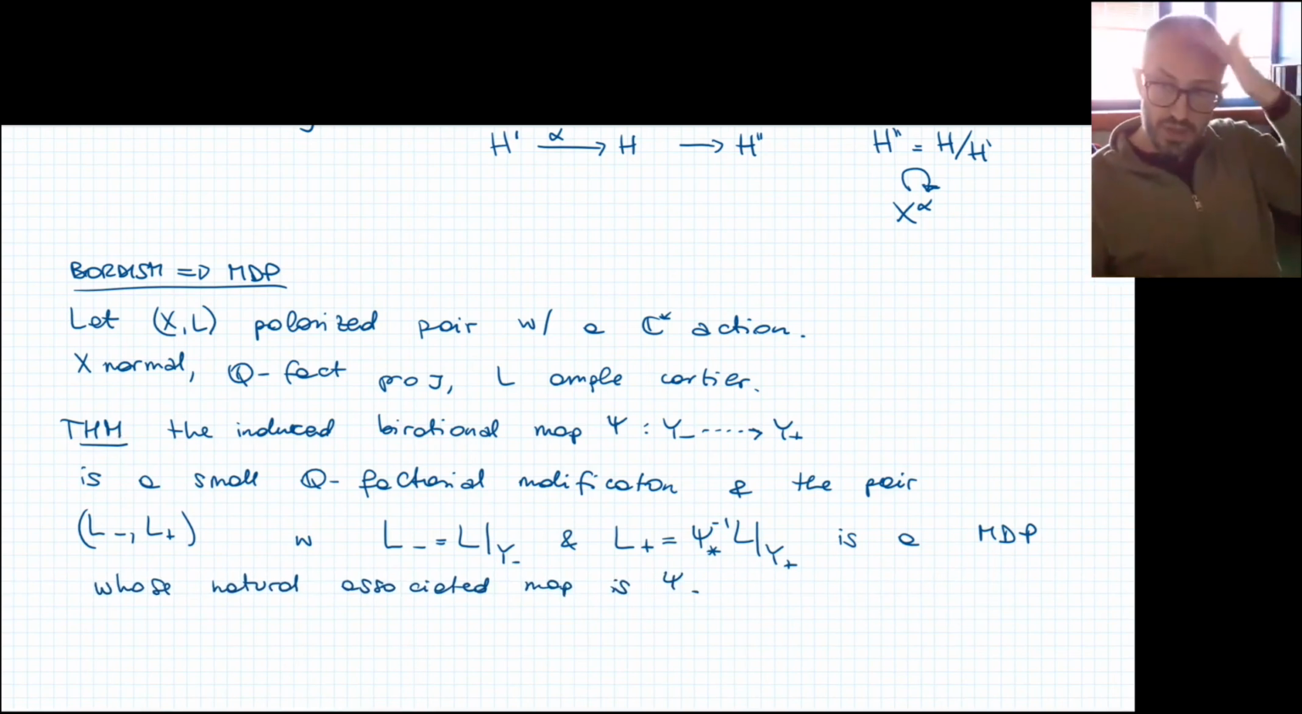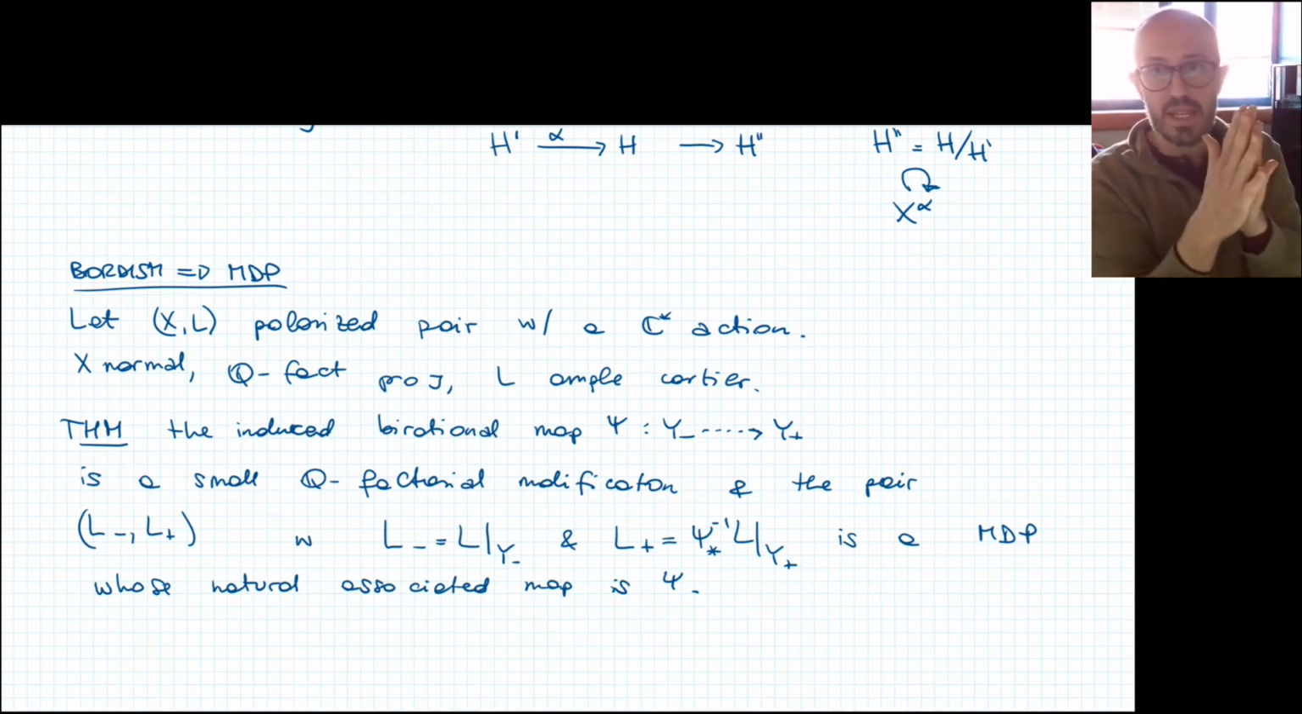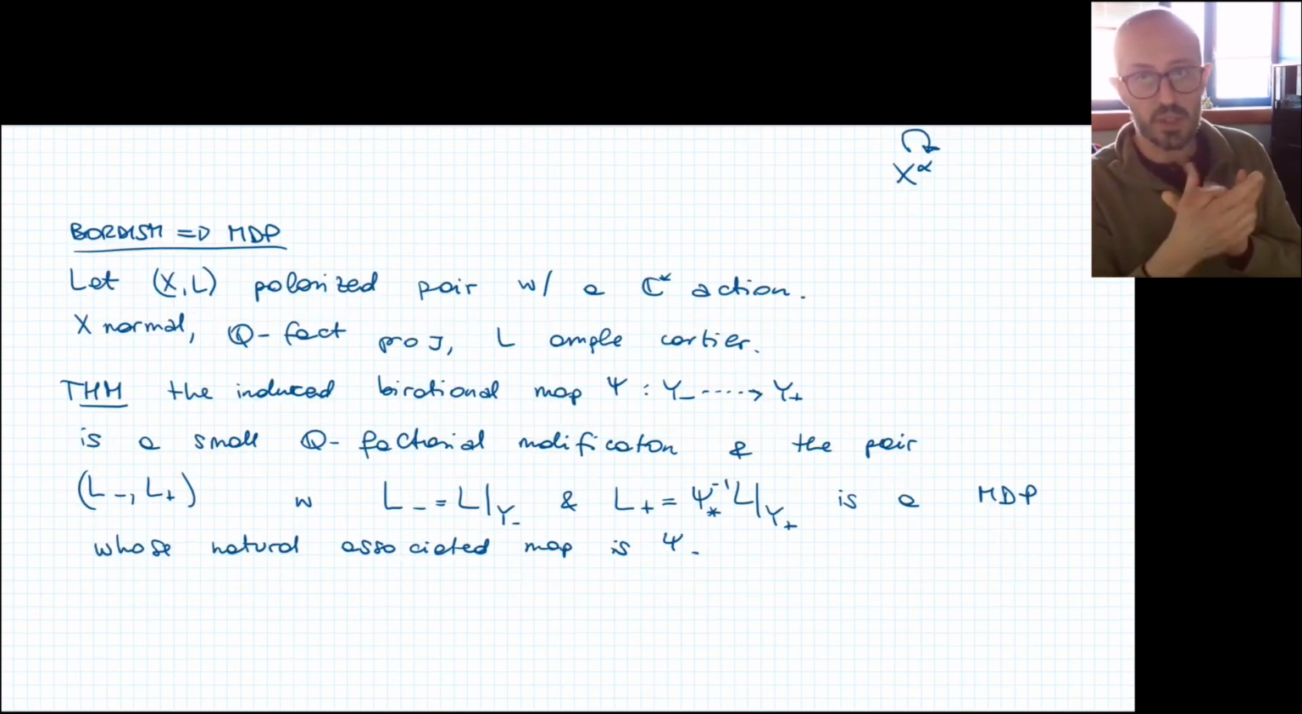Okay, I don't think I have time. And we hope that this will give a better understanding of the local geometry of the